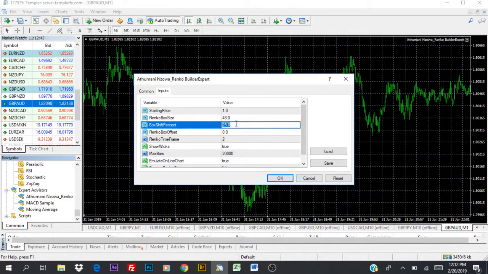Now, this is the box shift percentage. This is where we define the geometry of our trend. 25 is a bit of a standard, because this one is different from the normal Renko. In normal Renko there is no shifting of the bars. But when we use the geometric Renko, we shift to a certain degree: if it goes up, it's going to be shifted at 45 degrees. If it goes down, it's going to be shifted at